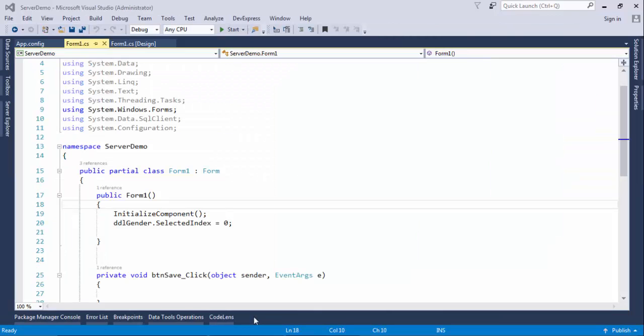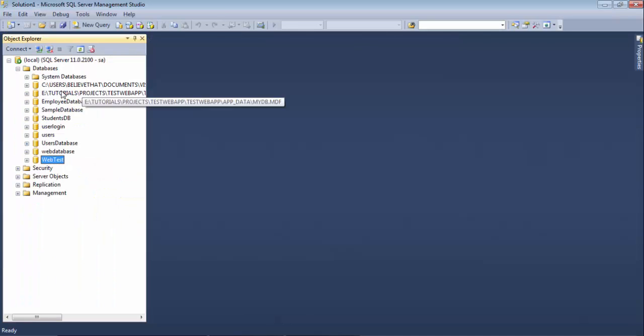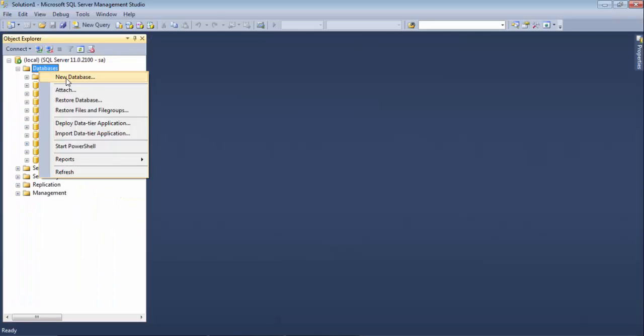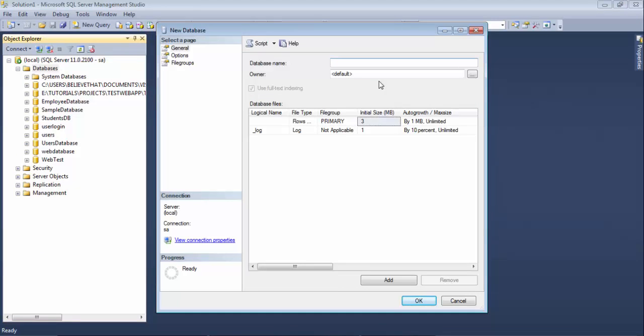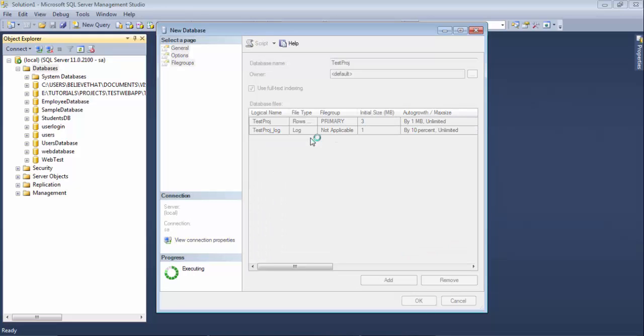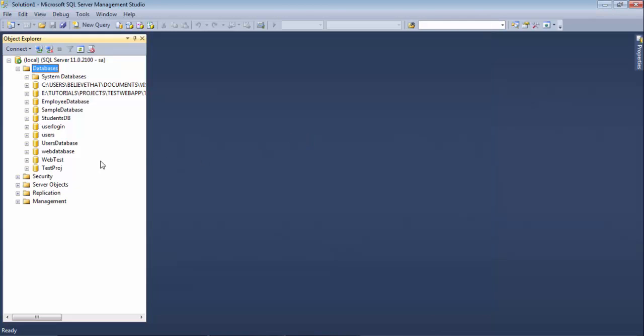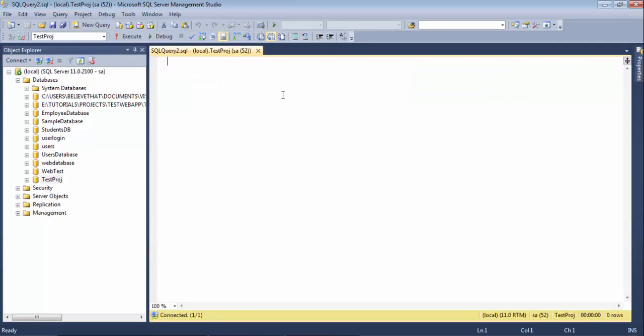now guys, we need to create a database. So flip to SQL Server, right click on the database, create new database, give it a meaningful name to your database. So TestProj, and create a new table into TestProj database. So guys, I'm not going into detail that how to create table or how to create store procedure, because we are focusing on only the configuration of SQL Server that is running on another machine. Okay, so